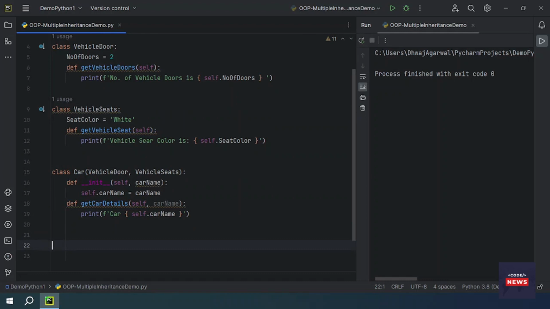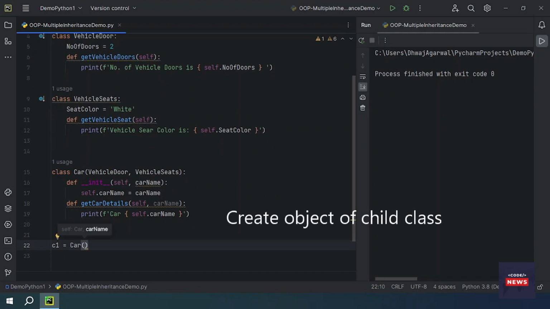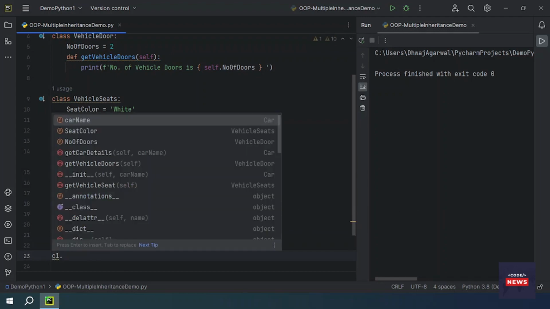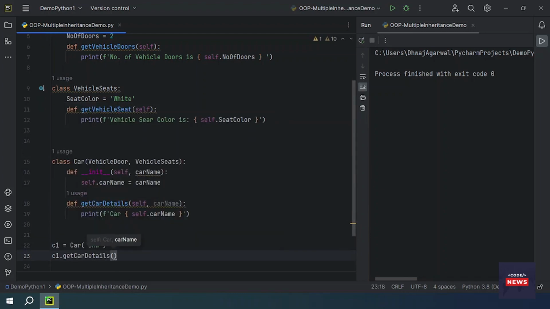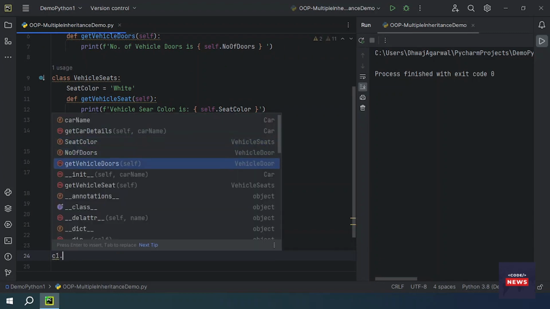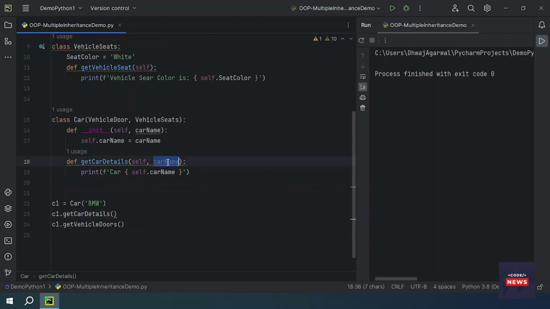Now it is time to create an instance of the classes and execute those behaviors, those functions. So I have to pass on the car name, let's say BMW. Then C1 dot the get car details. This is our car function. It will print the car details. C1 dot get vehicle doors. You see, right? And then C1 dot get